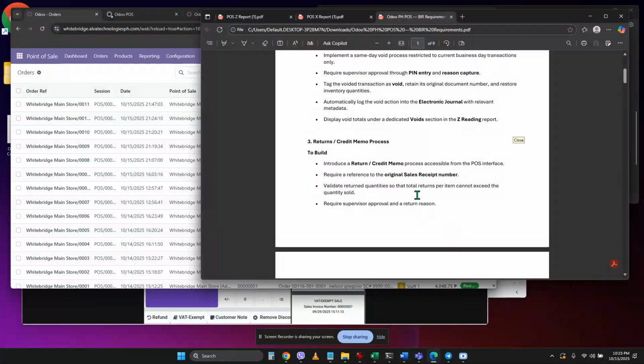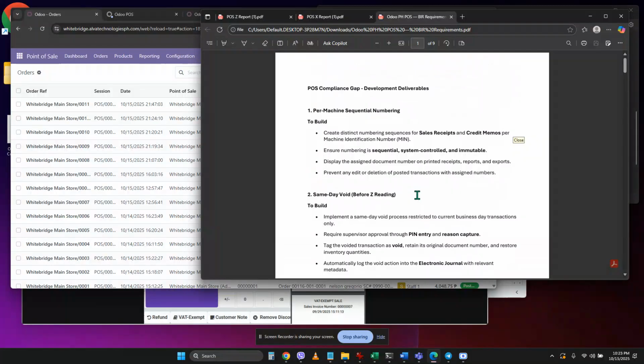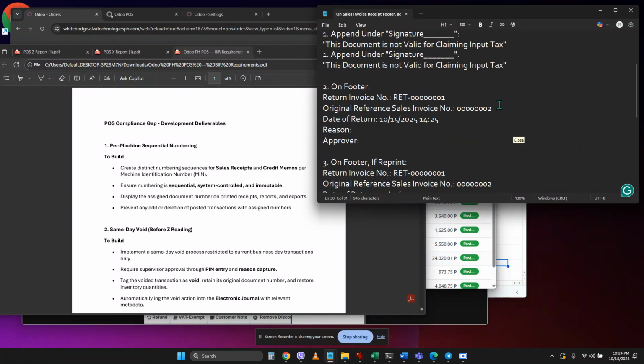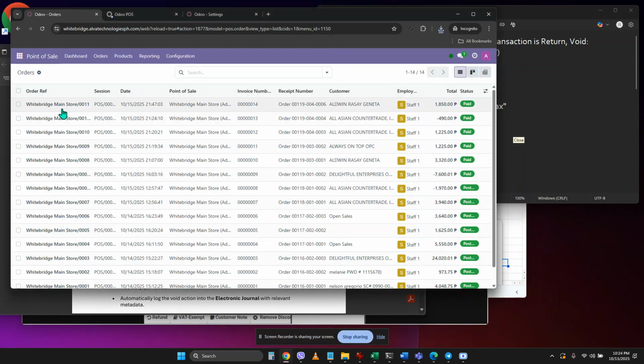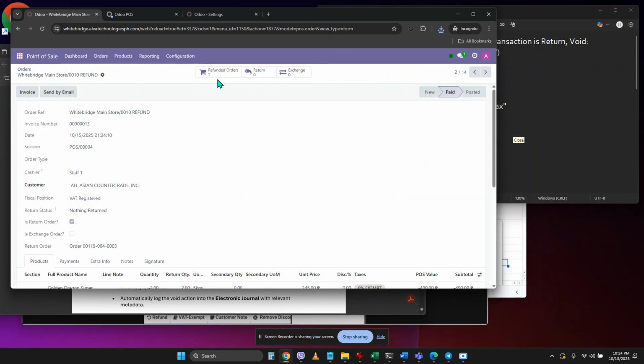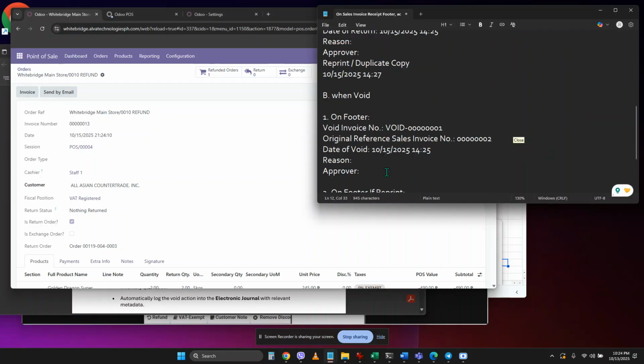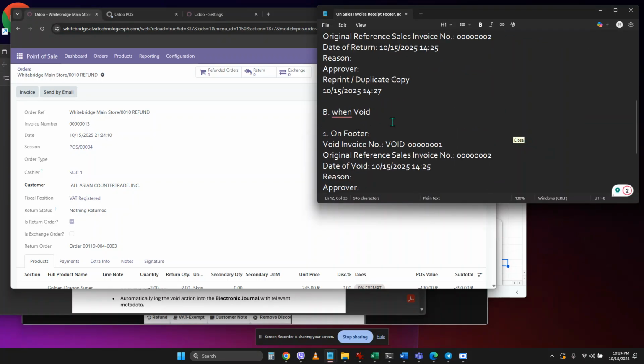Okay, so this is just for additional clarification for the returns, full returns or refund, and void transactions. I have explained earlier that for the return, partial return, and full return, which is termed as refund, there will be a reference transaction on the orders, like here. And now I'm explaining the clarification if the order is void.